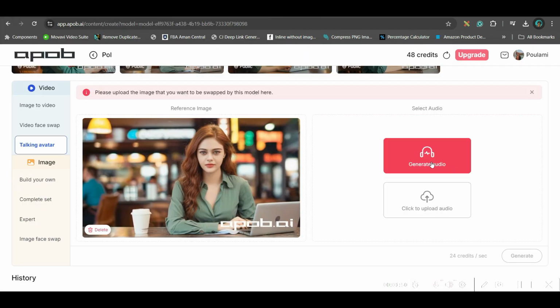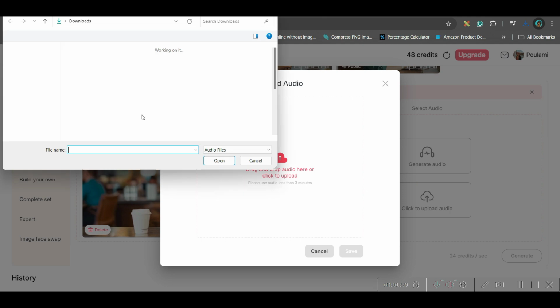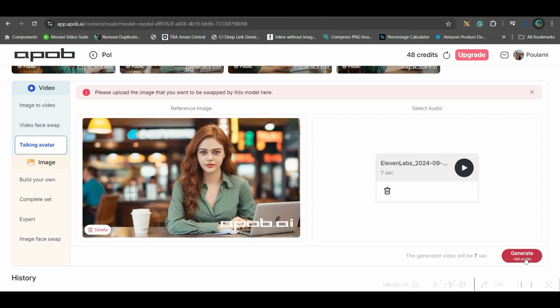Now you will have to upload the audio. So I will be uploading one audio script from 11 Labs which I have generated. So click here to upload the audio. Click here again and upload the audio and open. Also, if I hit generate,